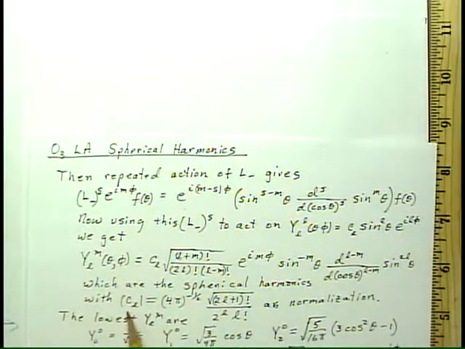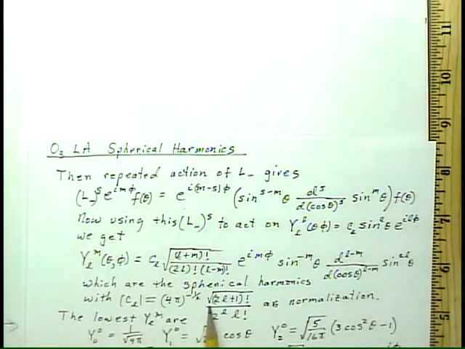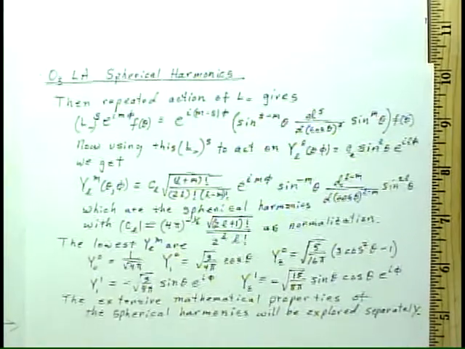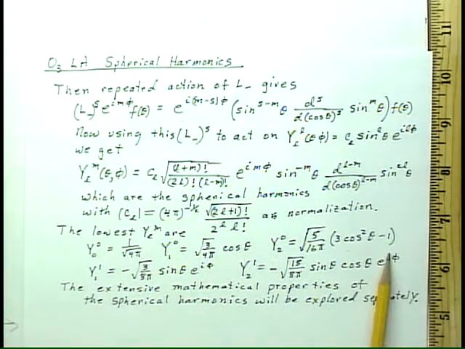And we have a normalization that one can show that we must have, which is 4 pi to the minus 1/2 times the square root of 2L plus 1 factorial over 2 to the L times L factorial. If we look at the lowest examples of the spherical harmonics, we can show that y00 is the constant 1 over the square root of 4 pi. y10 would be the value here, y20 the value here, y11 this value, y21 this value,